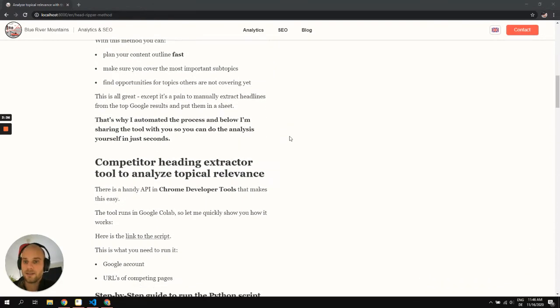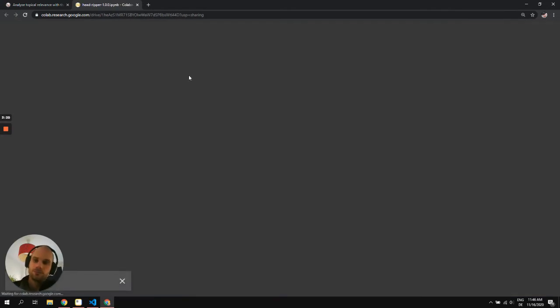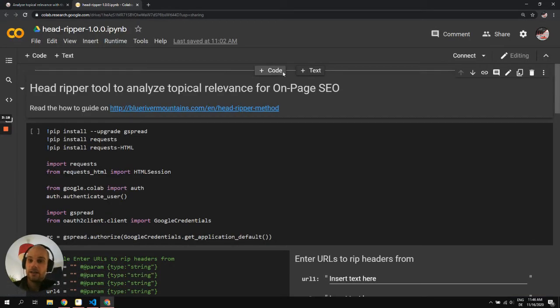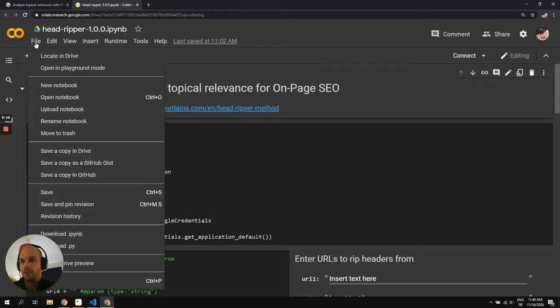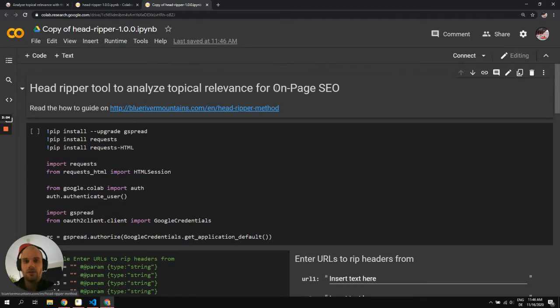So I automated this and I shared the script with you. If you open this link, I'm going to share the link to this blog post below in the description, then you're landing here in Google Colab, and first you can click on File and save a copy to Drive. Then you have your own file, and the first thing you can do is press this play button,